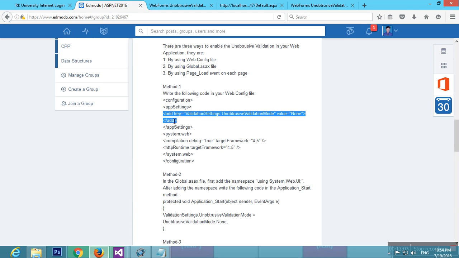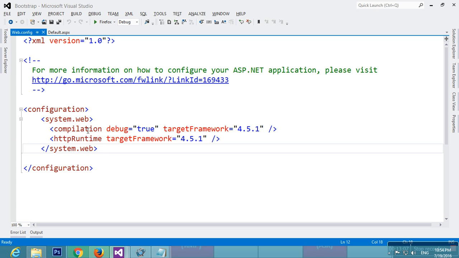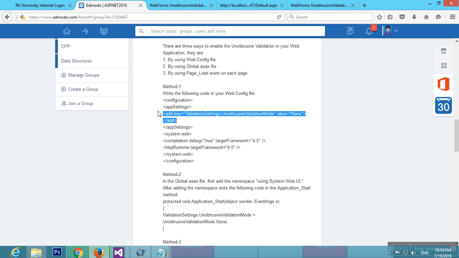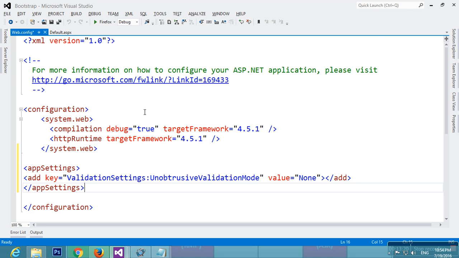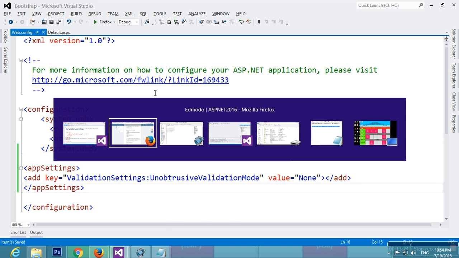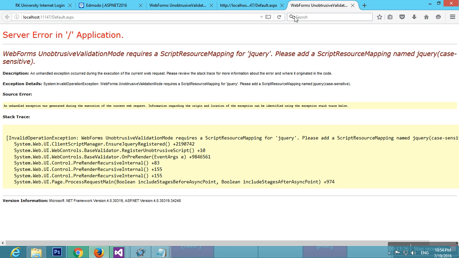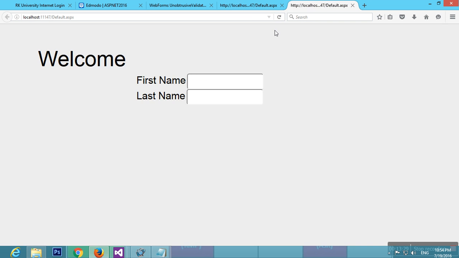Remember I have to paste it inside the app settings tag. If you observe, there is no app settings tag over here, so I'll copy the entire tag and paste it over here after system.web. Save it, and then I'll refresh my page again, and that error will be gone.